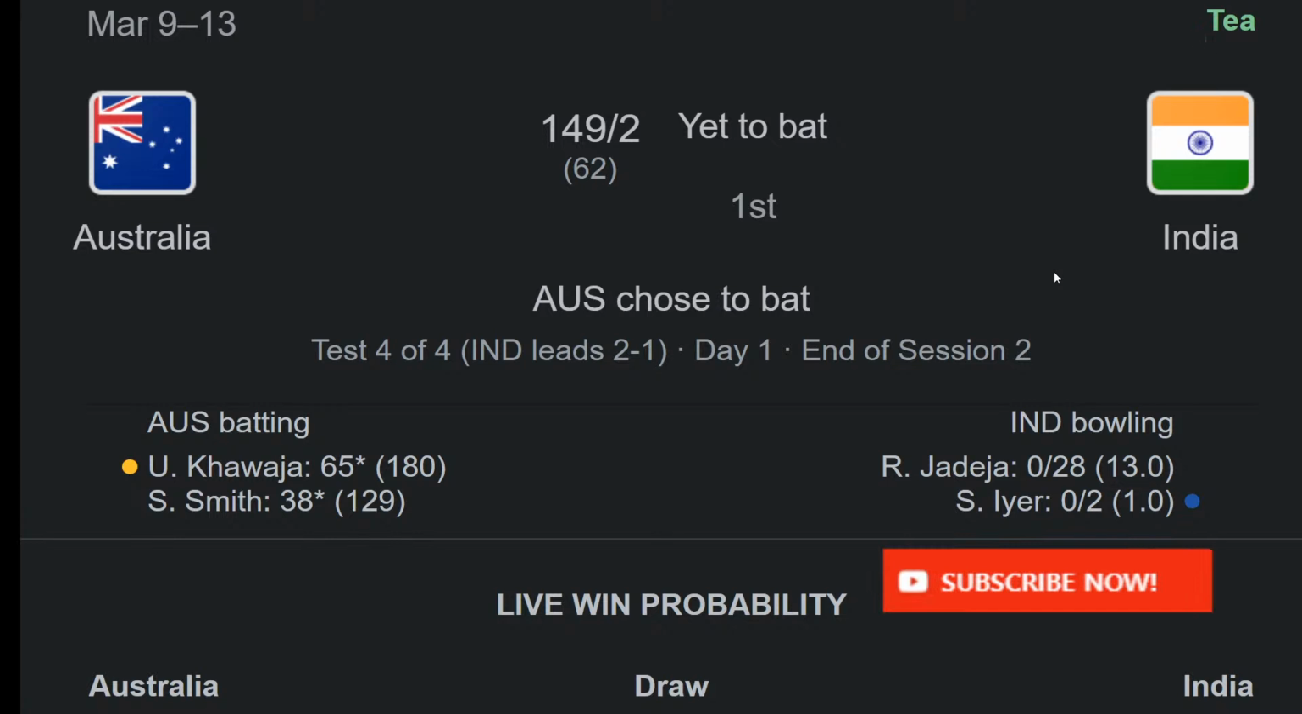After the break, the third session will start, and Usman Khawaja,